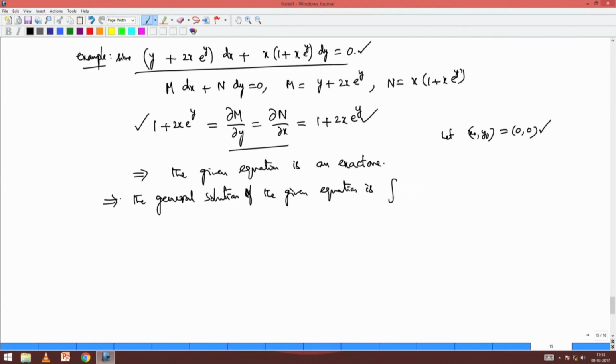So, you integrate from x naught, which is 0, to x, M which is y + 2x e^y, dx. y I am keeping as a variable, x I am integrating with respect to from 0 to x, plus y naught, that is 0 to y, N is